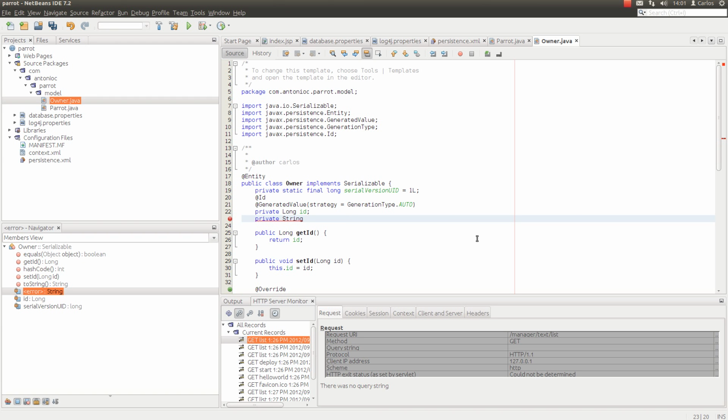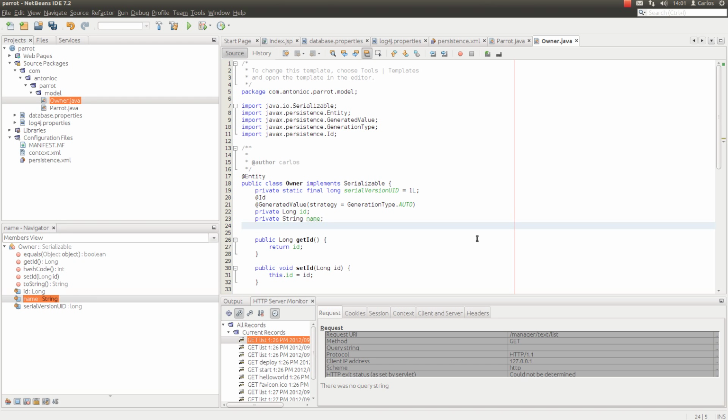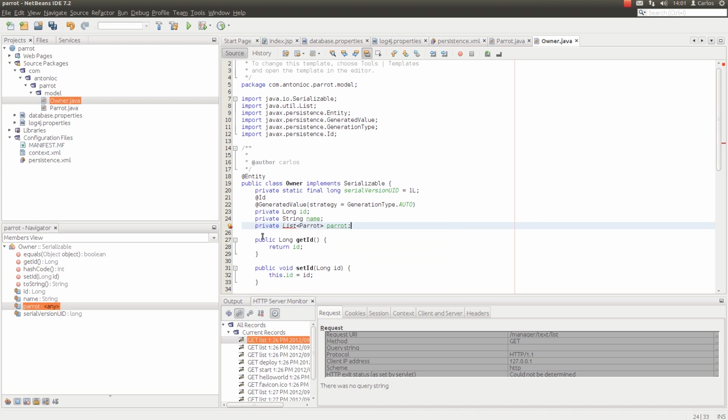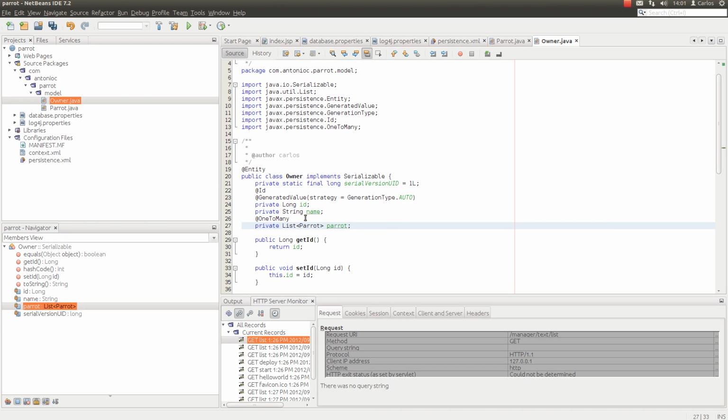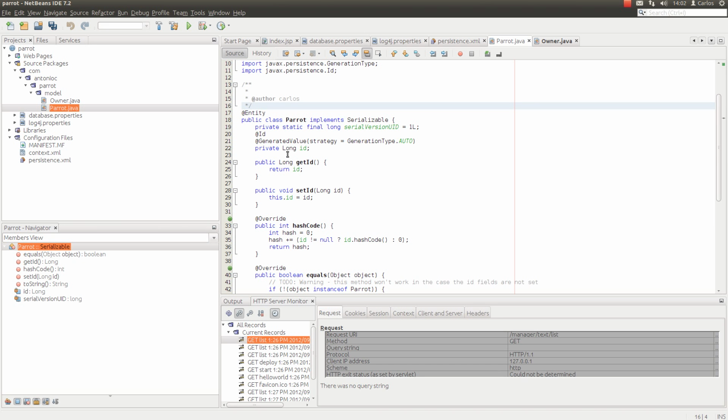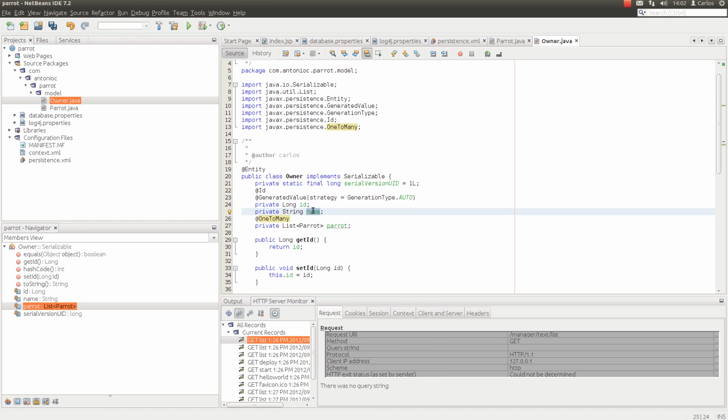So a String like name, then we can have a private List of Parrot, since one owner can have many parrots. So we just import the List, and then we can create a unidirectional one-to-many relationship. So one owner can have many parrots, so it's a one-to-many relationship we have here. So sorry, if we go back,